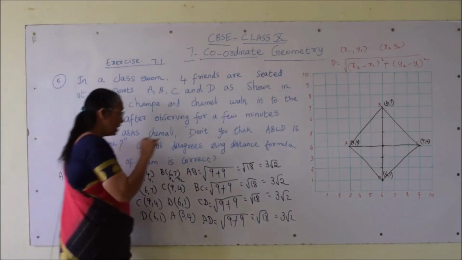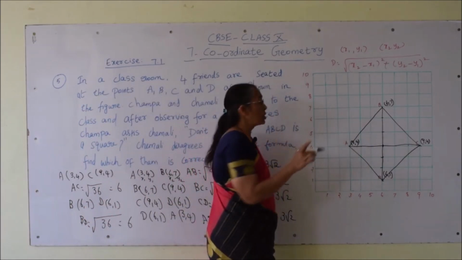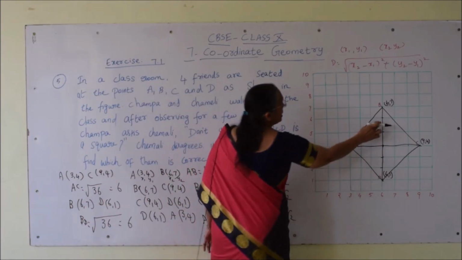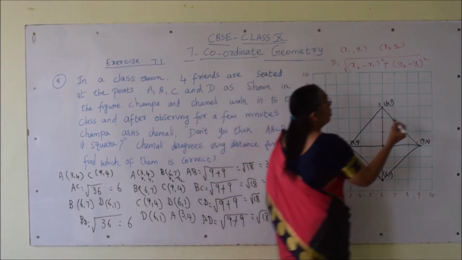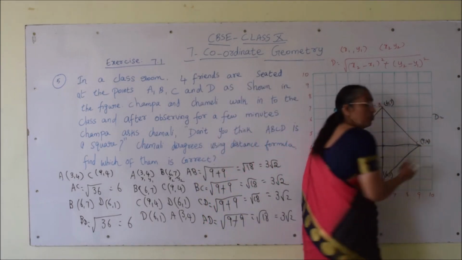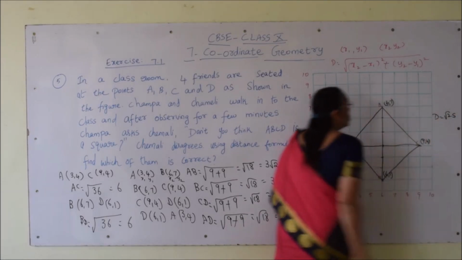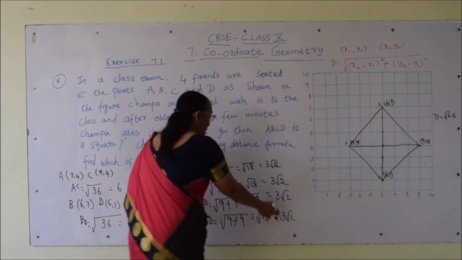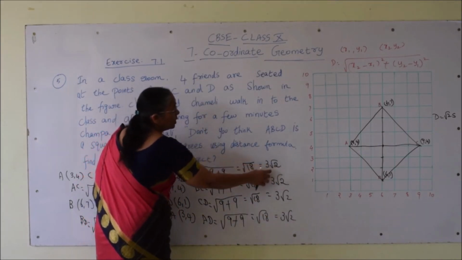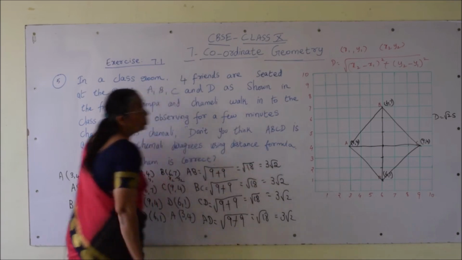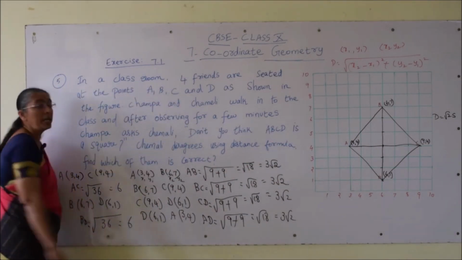See, it will not be equal to the sides, okay, because you know the relation between the diagonal and side of the square. So, the diagonal is always root 2 times the side of the square. So, diagonal is equal to root 2 into S. If I multiply the side into root 2, we will get root 2 into root 2, 2. Then each side 3, 3 twos are 6, which is equal to the diagonal.